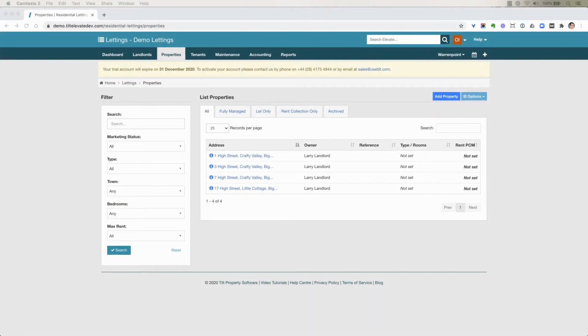In the previous video, we saw how to set up a fairly standard, fully managed tenancy, one where the rent is applied by the system each month. You may also be dealing with let-only tenancies, where your agency acts to find a tenant and get the tenancy in place, but has no ongoing involvement after that. In this video, I'll set up a let-only tenancy and look at the key differences, particularly in terms of rent